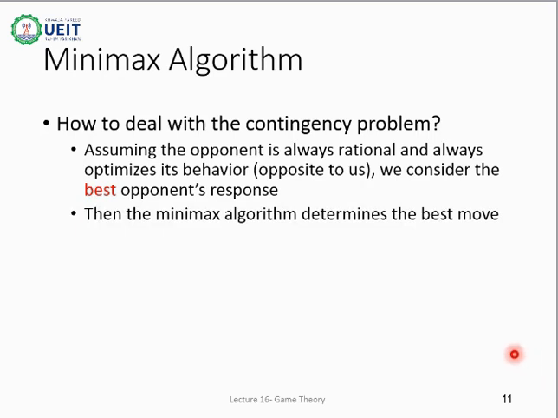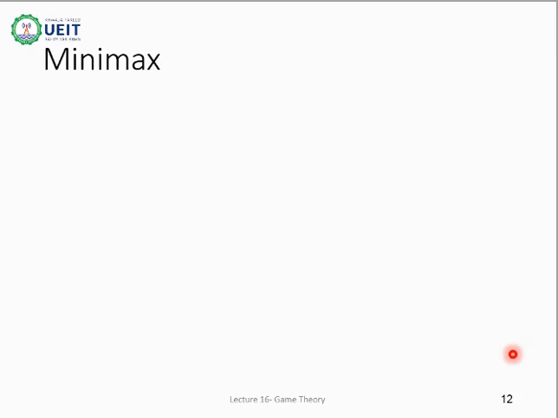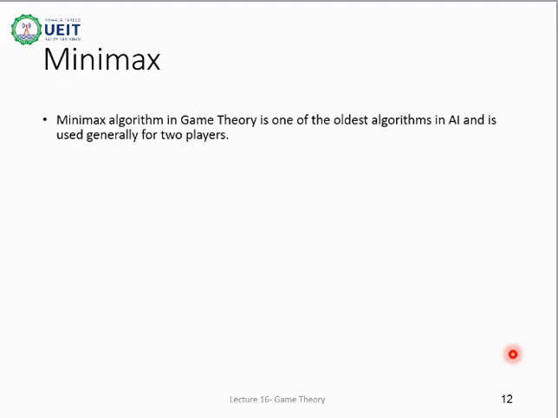Without use of the Minimax algorithm, we are not sure which move is best to be taken and which will lead to a win for us. It tells us what moves are best that we can take to win the game. The utility function defines the best move. The higher the utility function for a move is, the better that move is. It is one of the oldest algorithms in AI and is generally used for two-player games. It gives very good results for deterministic games.